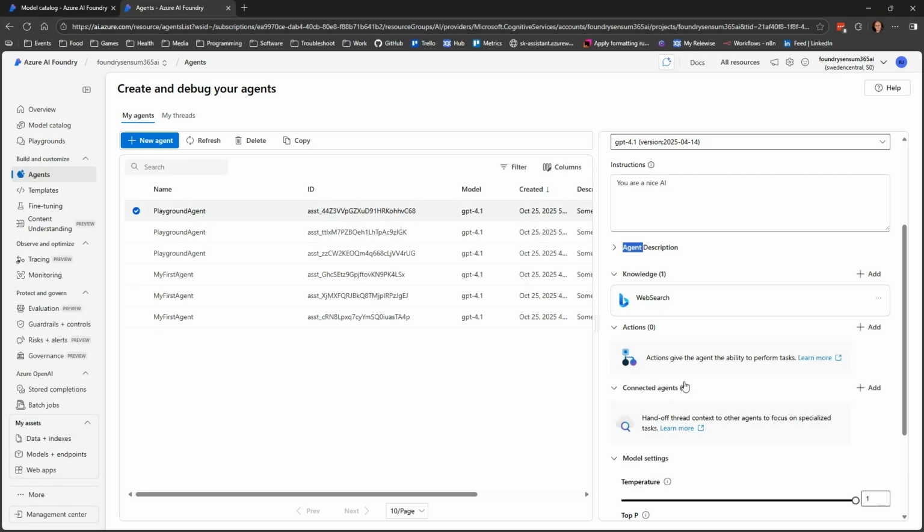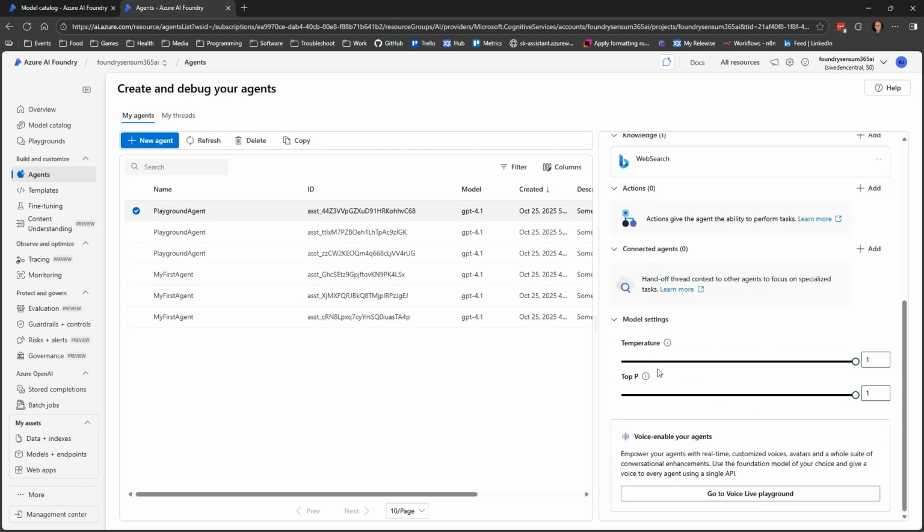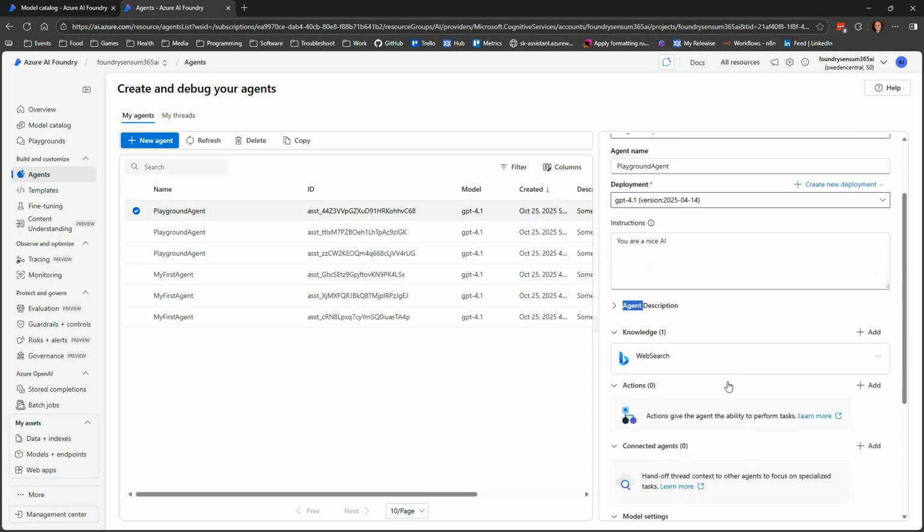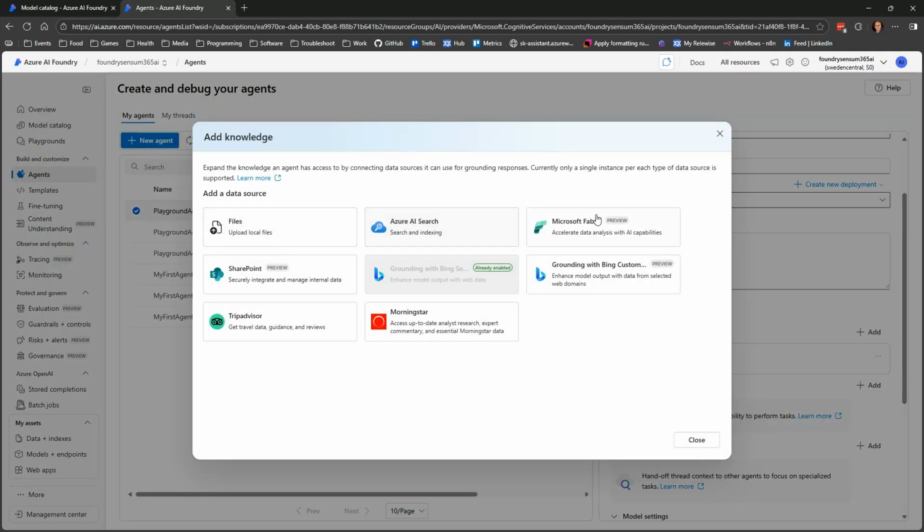And then there's a lot of knowledge and actions, which is essentially all just tools, either of the reading kind or the writing kind, or agents. Connected agents is just agents as tools. There are some settings, and then the important part here is that every time you do some of these things, it's not that this specific agent owns it.